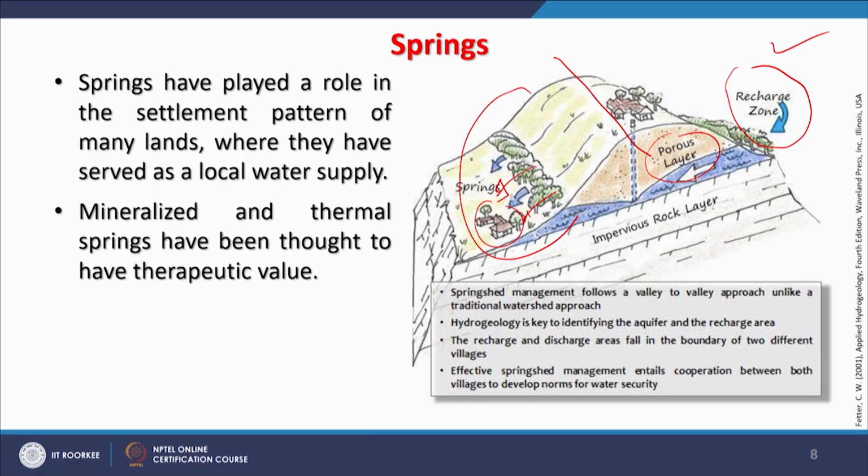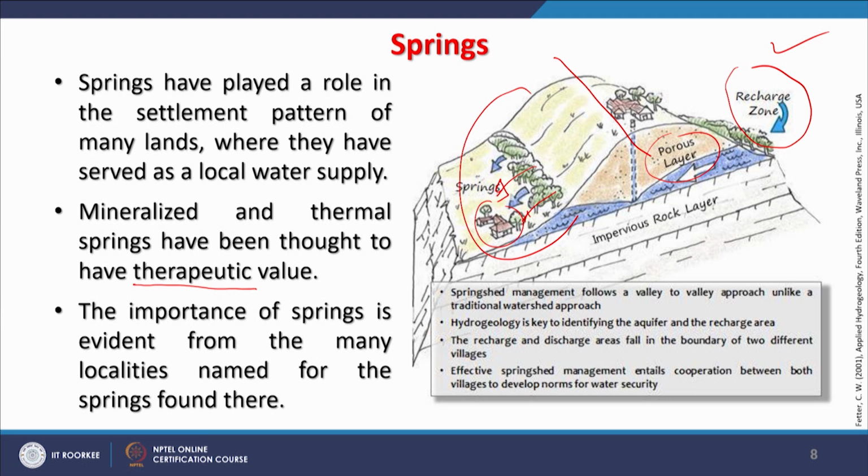Sometimes people find that these springs have medicinal or therapeutic value, and they go and take a bath in them, and many skin related diseases are cured in such waters. So, the importance of springs is evident from many localities, and their names are also based on the springs, and settlements